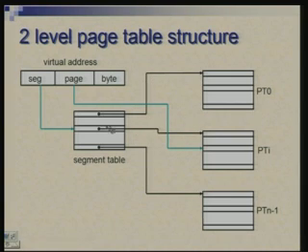Now, it could be that the page table you are looking for is not in the physical memory. So, a page fault will occur at this point, and first you will bring this page table into physical memory, then make an access to the page table, and then make an access to the main memory. The starting address of the segment table could be in a register.